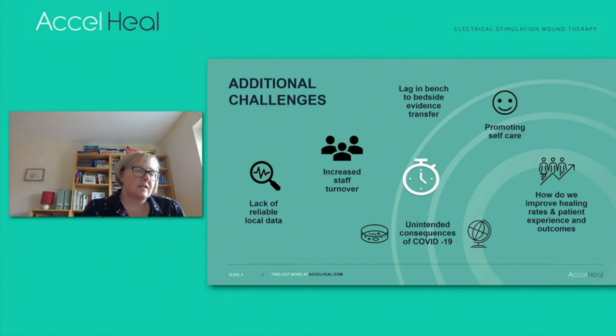We have definitely in the NHS what we would call data rich but information poor. We have a lack of reliable local data from which to make informed decisions. So when product A is used over product B, our systems that we collect information in do not necessarily tell us how that product performs over product B for the patient, nor does it necessarily link the most prognostic indicators